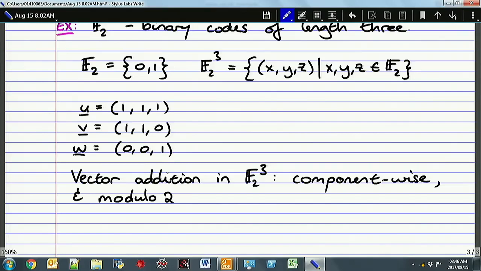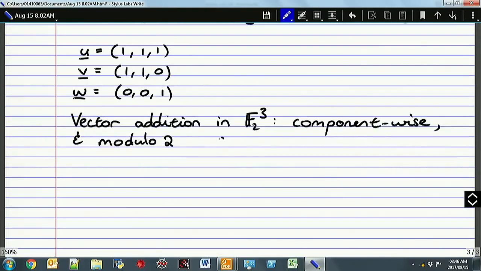Modulo 2 is a fancy way of saying we do the following. We've got 2 possible entries, 0 and 1. If you add 1 to 0, 0 plus 1 gives you 1. And then if we add 1 to 1, you get 0. It's sort of strange, right? This is sort of like overflow and underflow problems. But this over here you can use to define vector addition. And if you define vector addition in this way, you can check for yourself